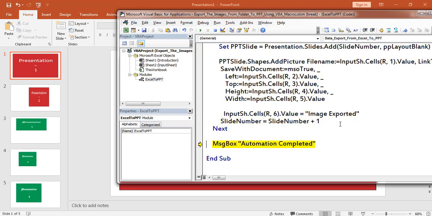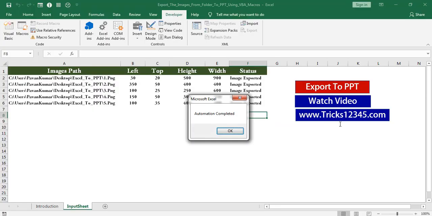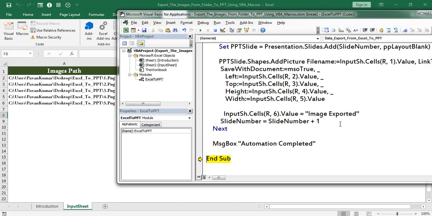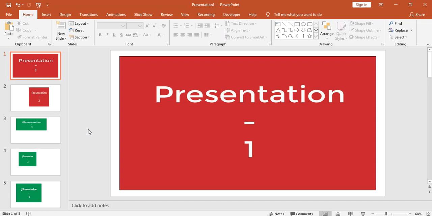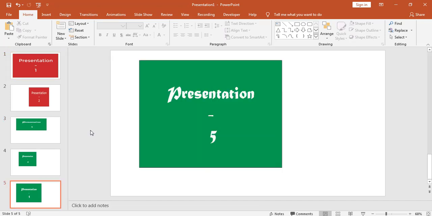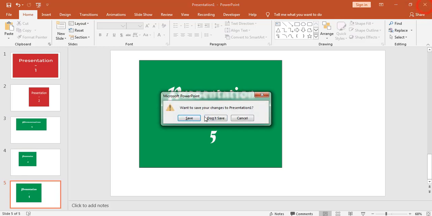At the end, the application returns a message as automation completed. This is the presentation view of PowerPoint. I am closing this PPT application.